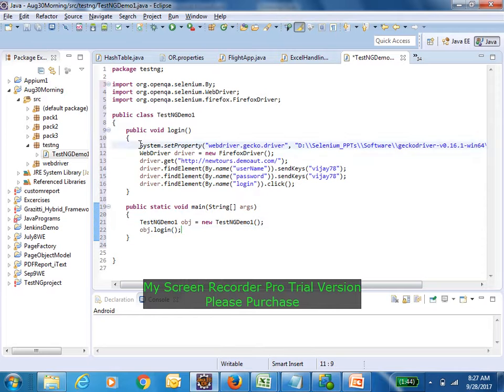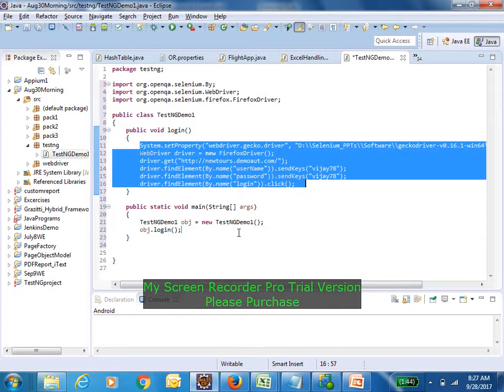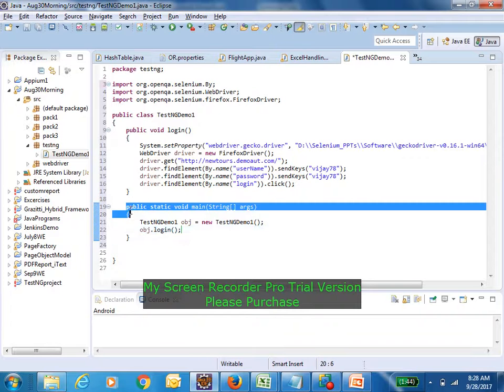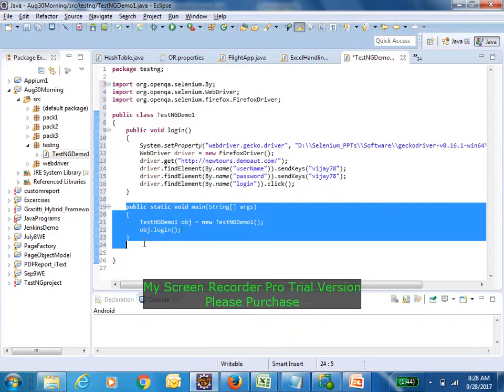Either the entire thing should be within the main method, or else if you are creating it as your own user-defined method, then you have to call this method. For calling the method, you have to have a main method. There you create an object. Using that object name, you call the method. That's only when it executes. Got it, right? Now we are not going to do all these things because we are not executing our script by using Java. We are executing our script by using TestNG.